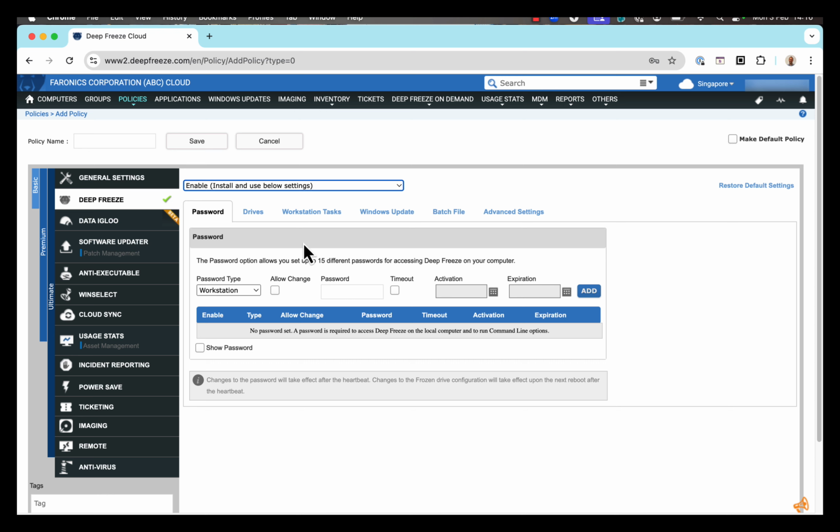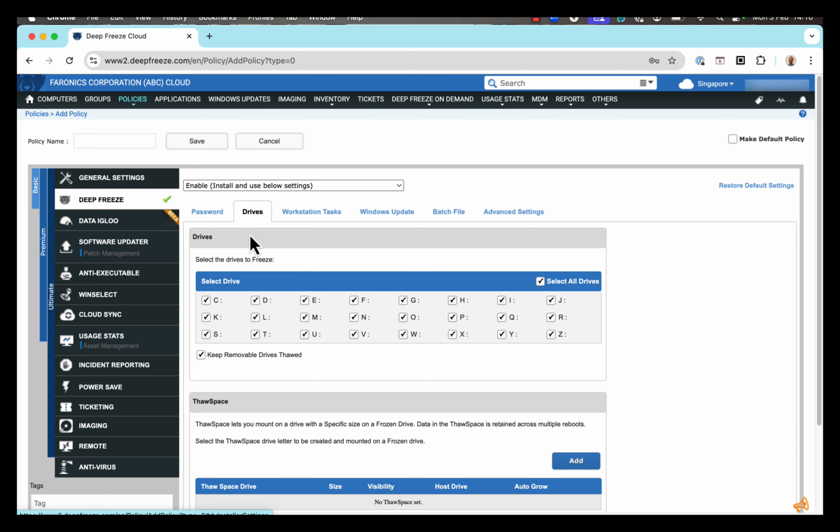with a fresh machine. Okay, so I've got some options on how I deliver Deep Freeze. The first tab here is password. So I can set up to 15 different passwords for accessing Deep Freeze locally. I can exclude drives from Deep Freeze if I wish. So for example, I could say that files in the E drive, I don't want them to be eliminated on